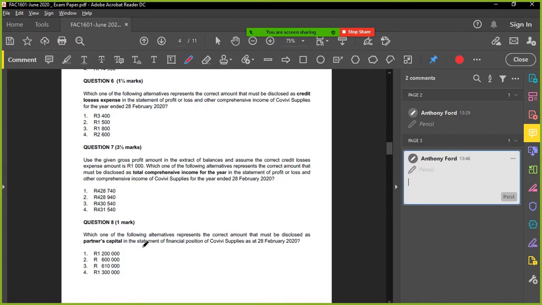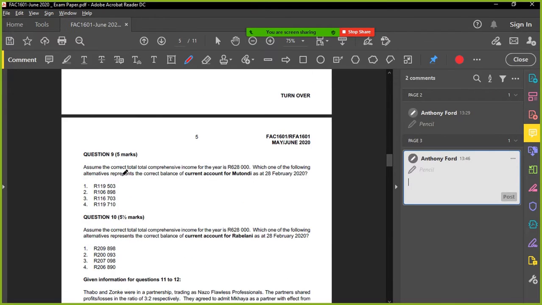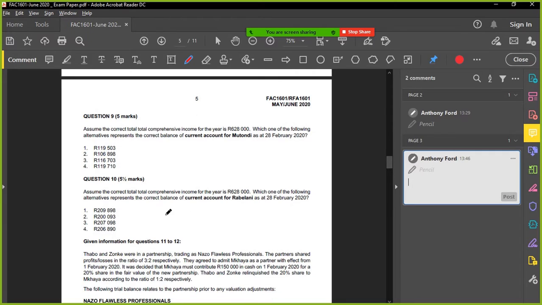Partners' capital in the statement of financial position. Okay, so I've got two things: financial position, comprehensive income. What else do they want? Balance of the current account. So they want SOCI as well. Okay, and then